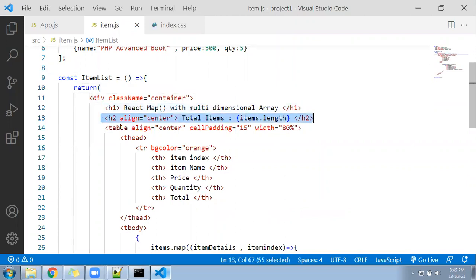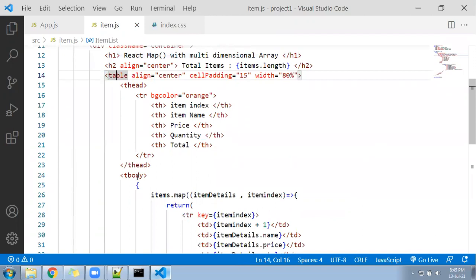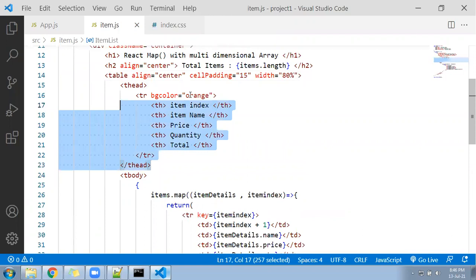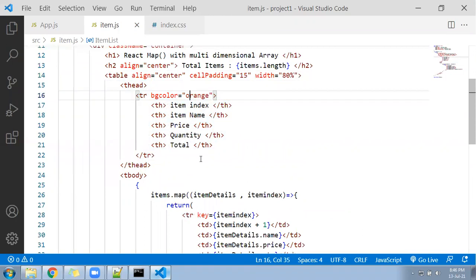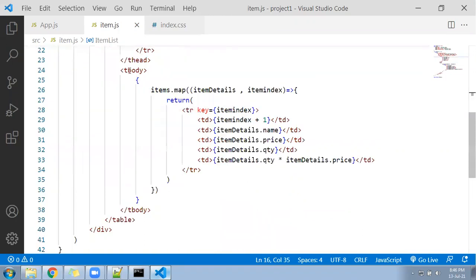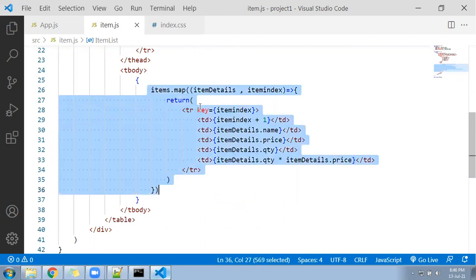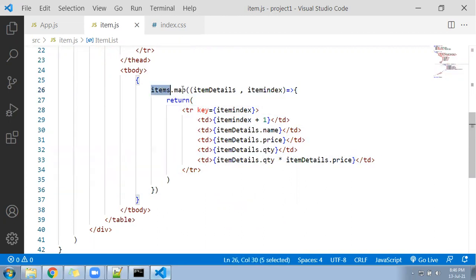After that I created a table and I followed the T head and T body. Under the T head I display the heading with the TR with a BG color so that it looks attractive. And then we follow the T body. Inside the T body we open the curly bracket, close the curly bracket, so that inside we can write the JavaScript code. And inside that we said items array.map.